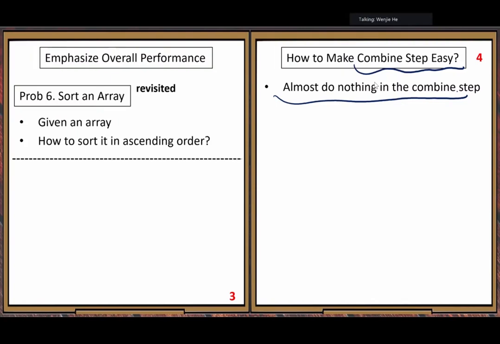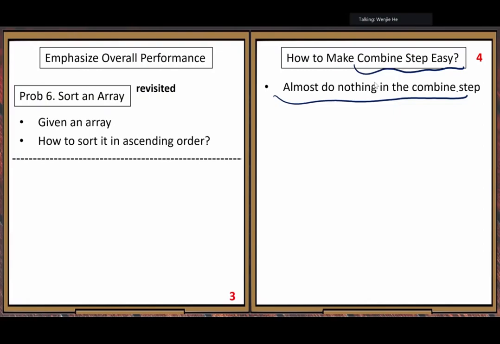We just put the two arrays together. Then the whole array is automatically sorted. Each subarray, after conquer, is ordered.